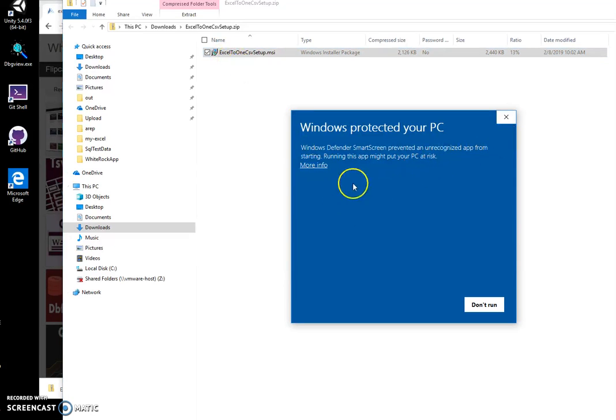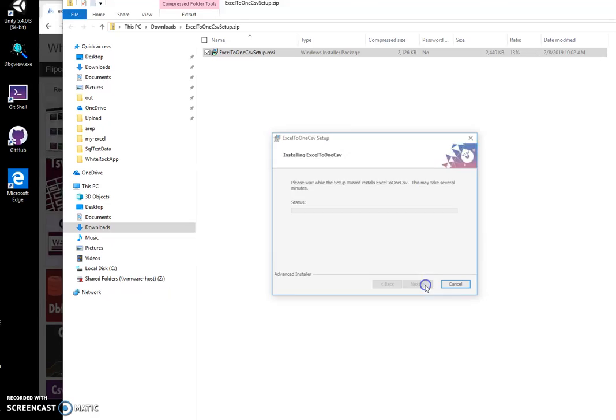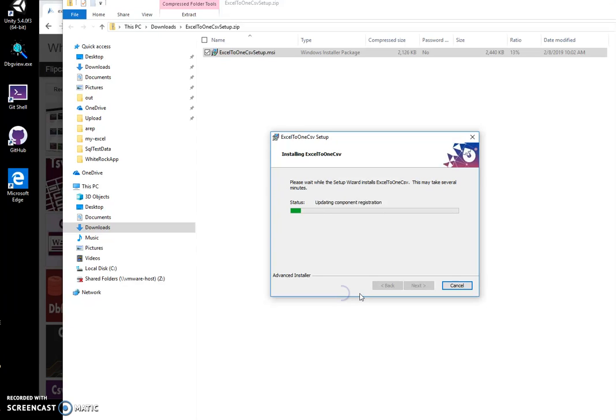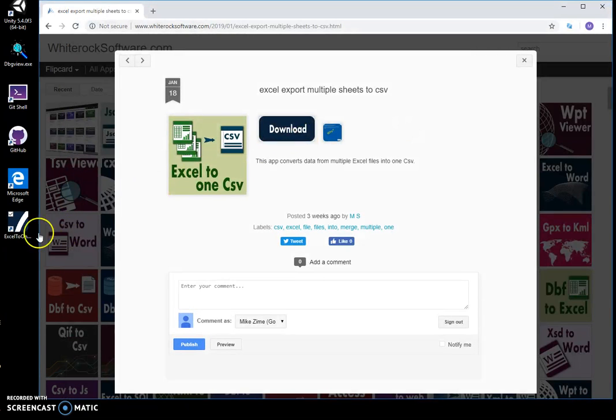I will get this message because I'm an unregistered publisher. So if I click on more info, you can see the publisher and no publisher, and I click run anyway. Click on next, install, yes, and the app will be installed on my desktop. You can see it here, so I can close this. Now